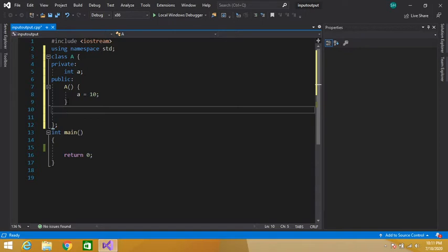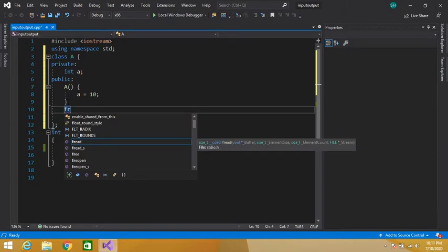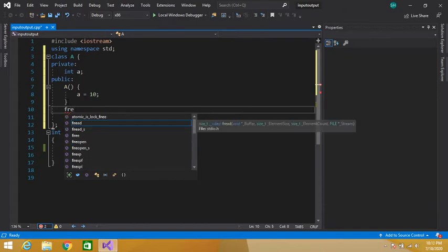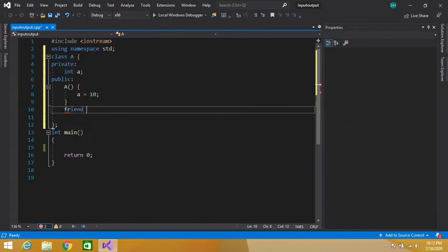Okay, now let's write our friend function here. So how to declare a friend function? Simply write the friend keyword, and then the return type of the function, let's say void, and then the name of our function, let's say display.